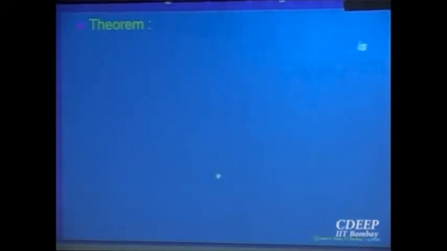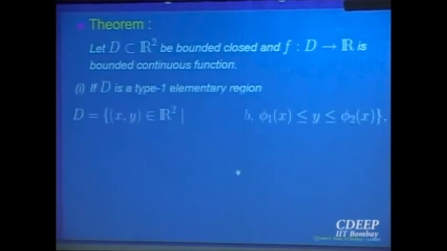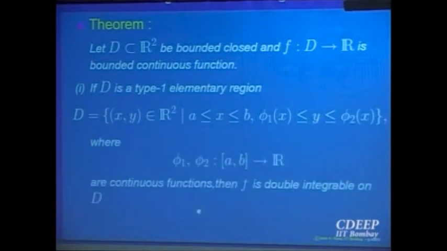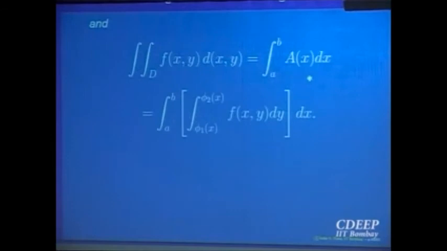The theorem says, supposing you have an elementary domain of type 1 and the function is continuous, then we know the function is going to be integrable on this. Then, where phi 1 and phi 2 are continuous functions, the double integral is going to be equal to this iterated integral. Instead of going from c to d as in Fubini's theorem, now come those functions phi 1 to phi 2. So you can think of it as a stronger form or a generalization of Fubini's theorem. Actually, this is in fact what is called Fubini's theorem, and the earlier one is a corollary of that, but we state it separately so that the idea sinks in.